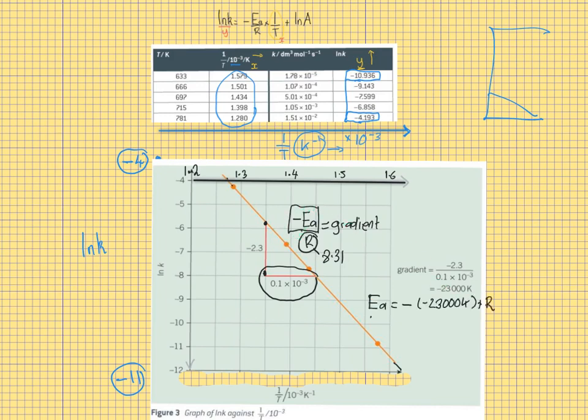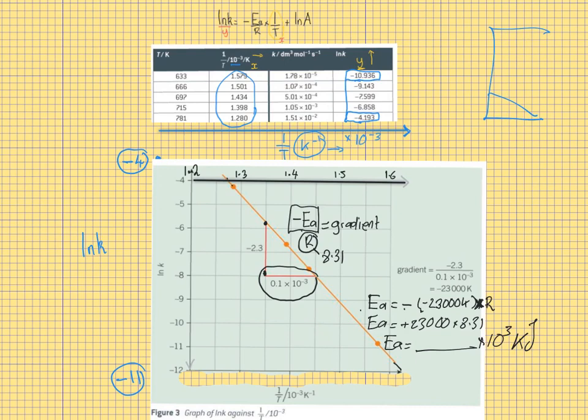First of all, if we take both sides and times them by -1, that gets rid of this negative sign here. So here's -1 times the gradient times by R, which is the gas constant. So the activation energy is plus 23000 times by 8.31, which is the gas constant. So our activation energy is going to come out in joules. So if we divide the answer by 1000 or times it by 10 to the 3, that will give us our activation energy in kilojoules,